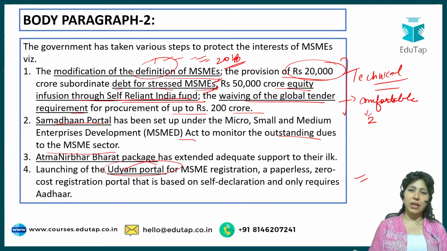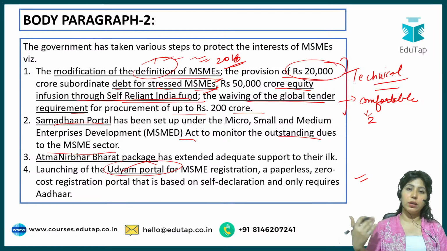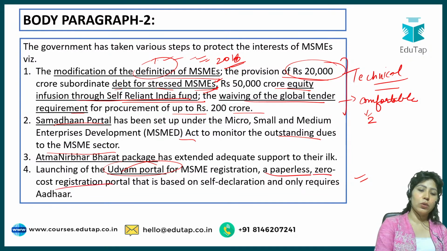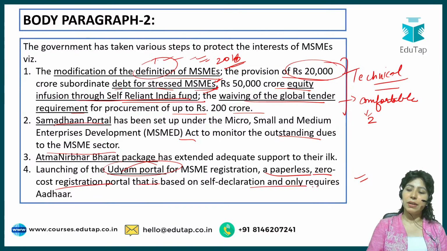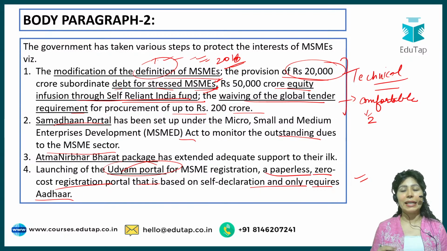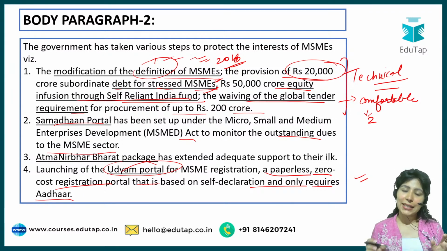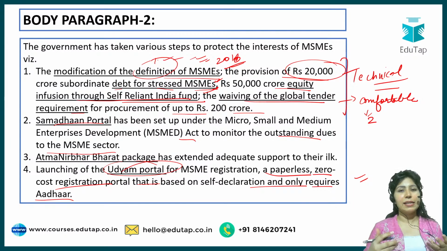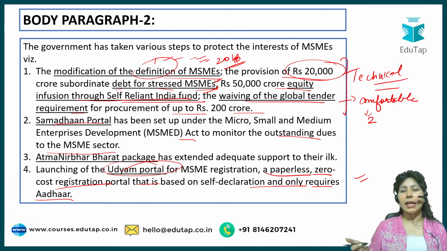Basically their registration and all the processes, all the grievance addressal also, it was made paperless, a zero cost registration portal that is based on self declaration and only requires Aadhaar. So no signature by gazetted officers are required. Self declaration is required. And let's say you have a small scale industry MSME in a rural area, and there is some problem that